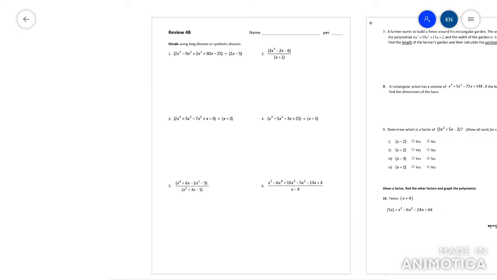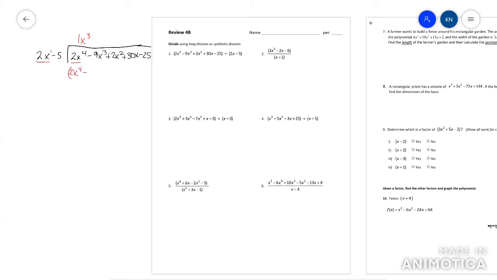Number one, it's a long division problem. I know it's a long division problem because I'm dividing by something that's not very nice. So I would set up long division. And you do first term divided by first term. So 2x⁴ divided by 2x is 1x³. Then you distribute this. So it's going to be